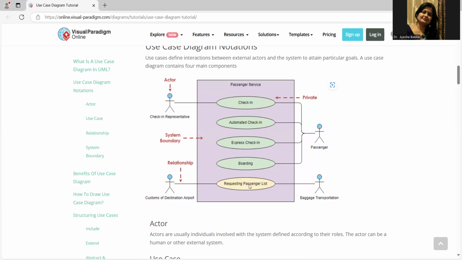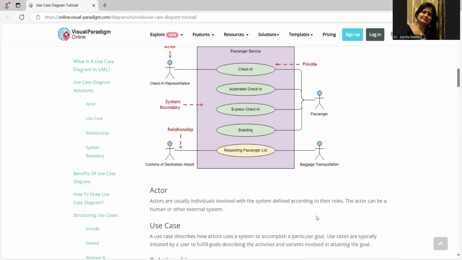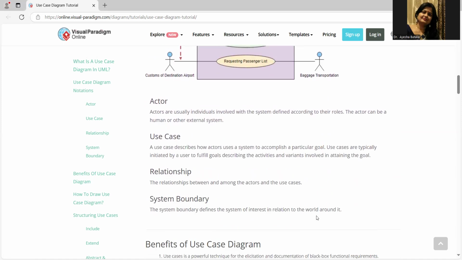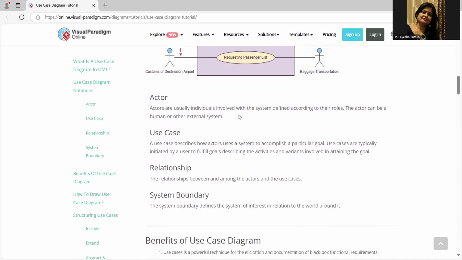And then we will come to the destination airport. The destination airport will request the passenger list for the baggage transformation. So they are all interconnected. Actors are nothing but the individuals or the external databases. They can be human or some external